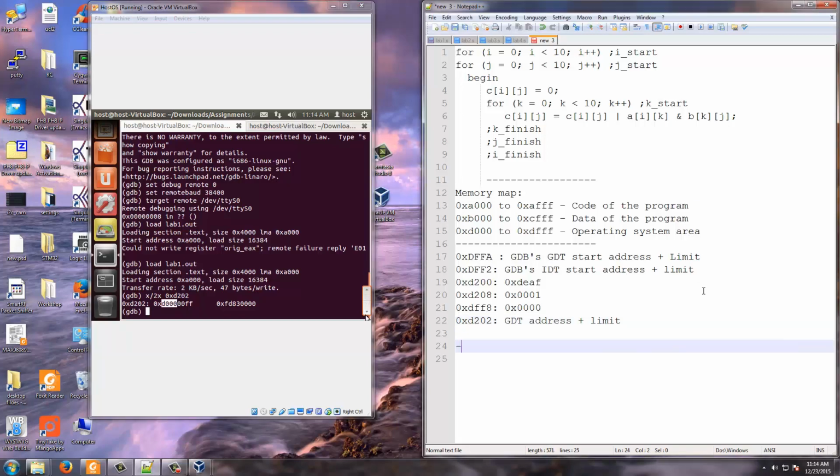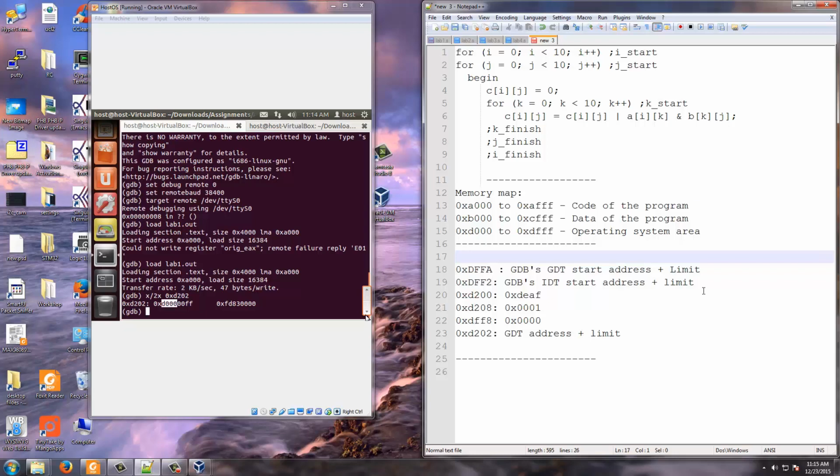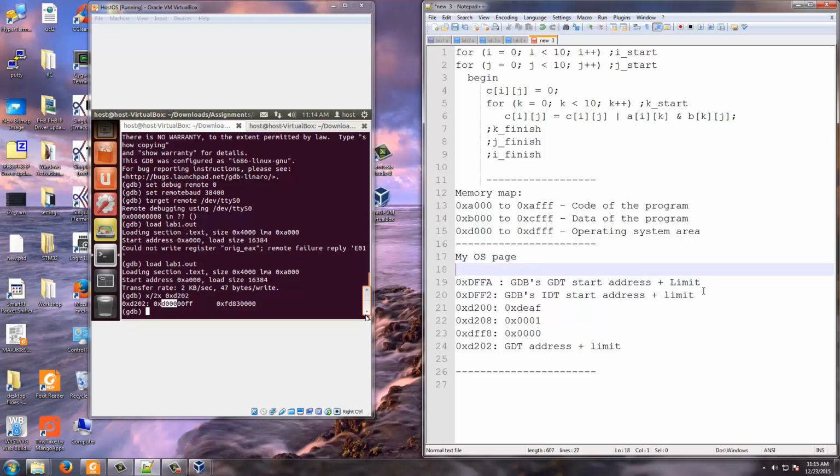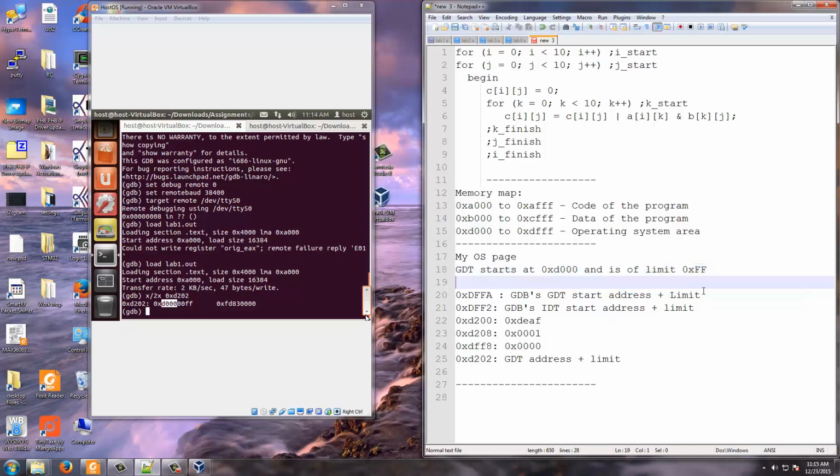Okay. So from this we will get that. So I am making another statement here. I'll say my OS page: GDT starts at 0xd1000 and is of limit 0xff.